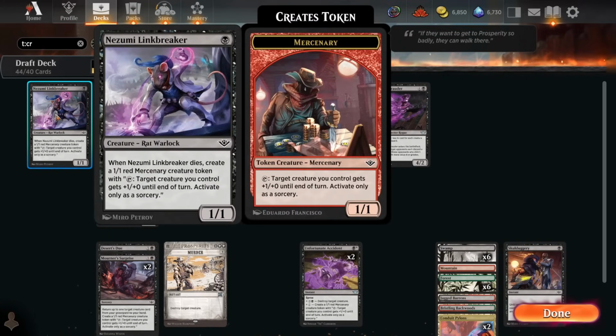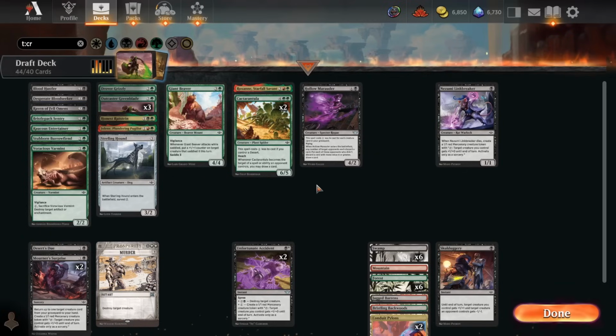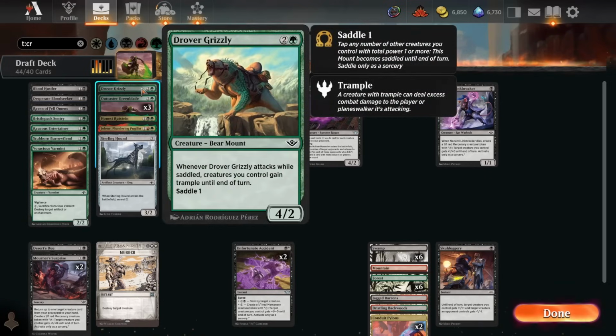Probably not really a Link Breaker deck. I think this is great with decks that want expendable creatures, like sacrifice decks and stuff like that, but we're not really doing anything like that. We've got a lot of 3 and 2 mana cards, so we probably cut a few of these and leave all this top end. So for 3 mana,